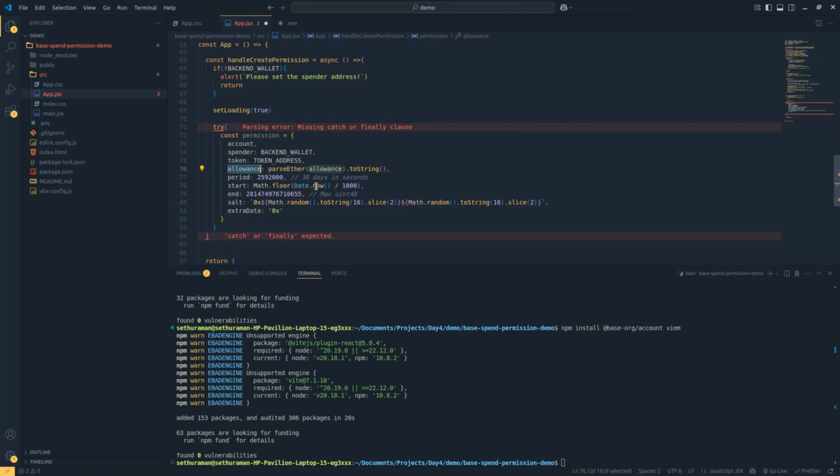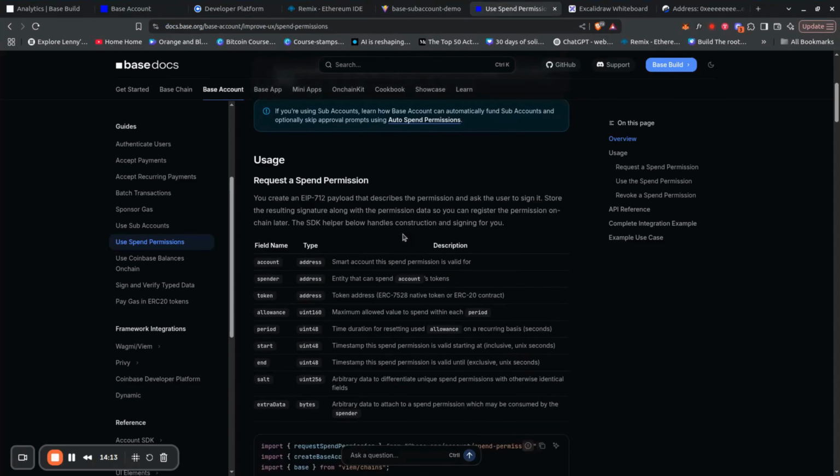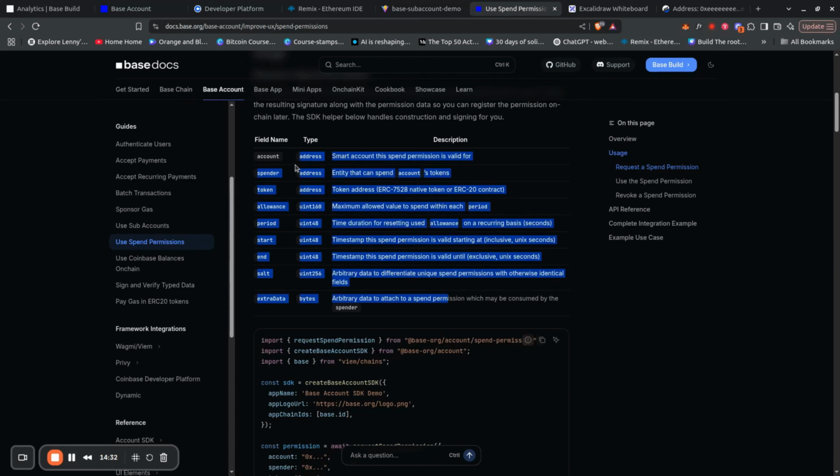Okay. Object, you have the account, you have the spender, you have the token, you have the allowance, you have the period, which is in seconds, the start, the end, all these things. Now there is salt. I'll show you, there are proper explanations for all this. You can see that, right? The start timestamp, this permission is valid, end. So salt is basically something that you add to make changes to this whole thing,